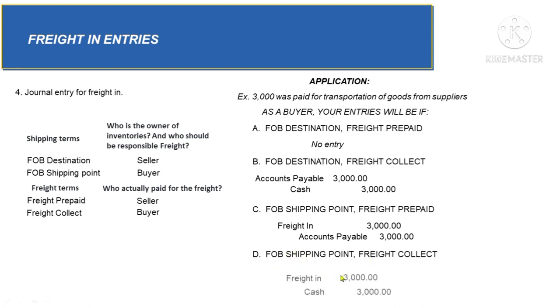So your entry here will be freight in 3,000 and then credit cash 3,000. So that's it. However, before we end, I would like you to remember that freight in is actually added to the gross purchases in order to get the net purchases. So the treatment for freight in is very different from freight out, because freight out, if you can remember, is an account under operating